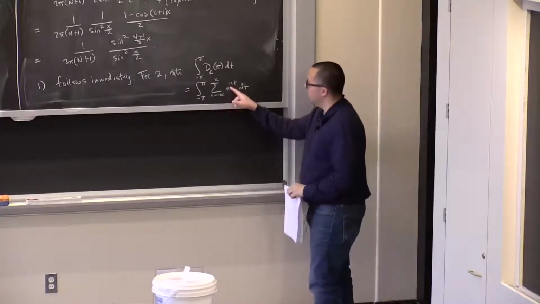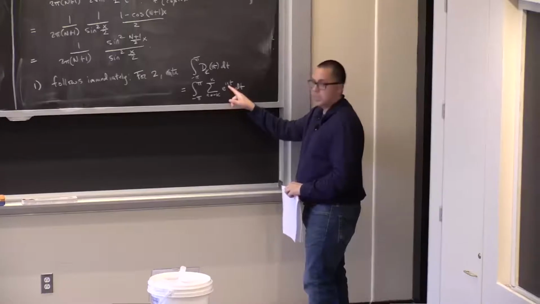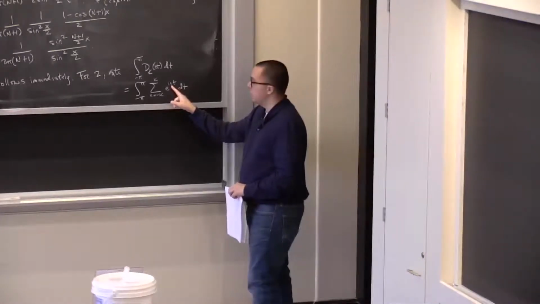Okay? Now, e to the i n t, when n is not equal to 0, is 2 pi